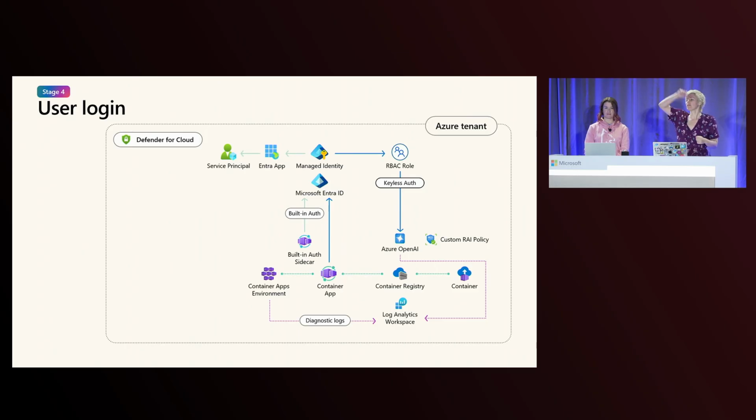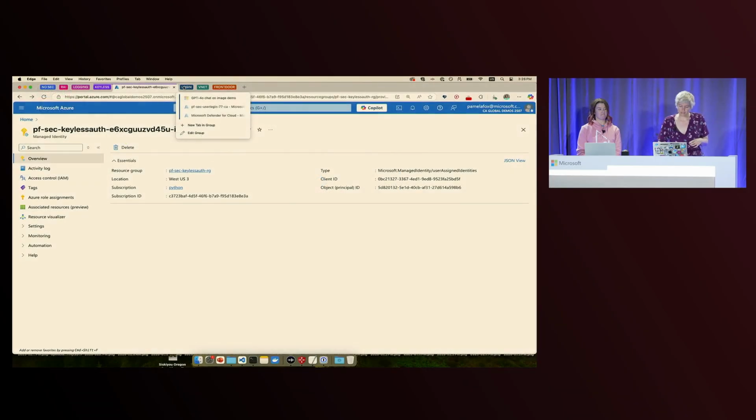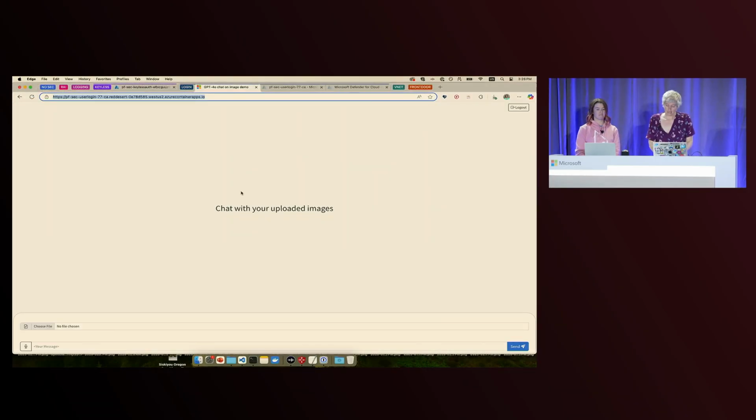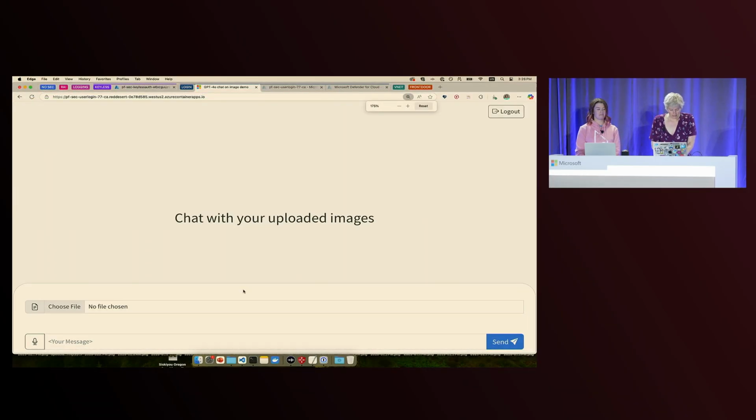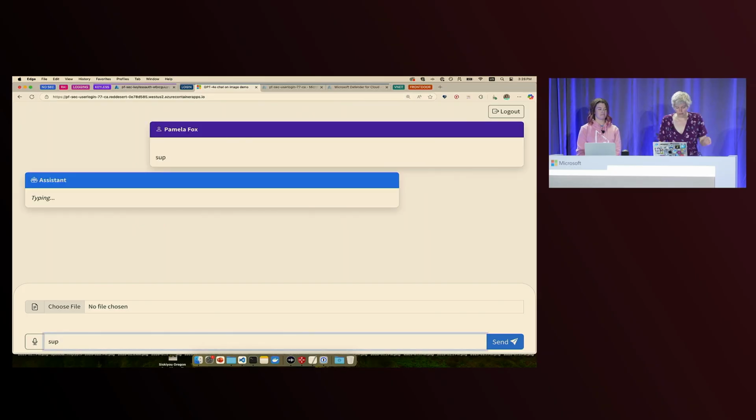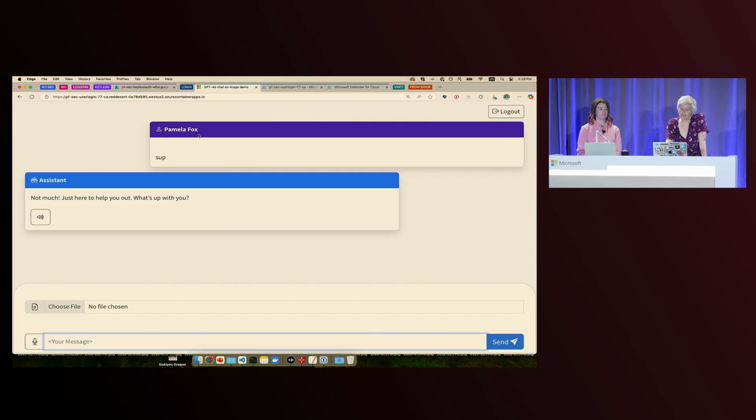If not, it redirects them to the login screen for that organization, gets them to log in using all the proper fancy things like MFA and all that stuff, and then redirects them back to your application. So let's just check it out now, see what it looks like. All right, so here's the application. I'll just say sup, and as you can see, it now knows my name, and I've got a log out